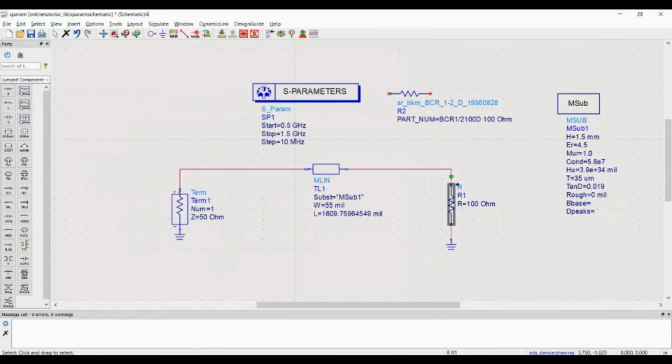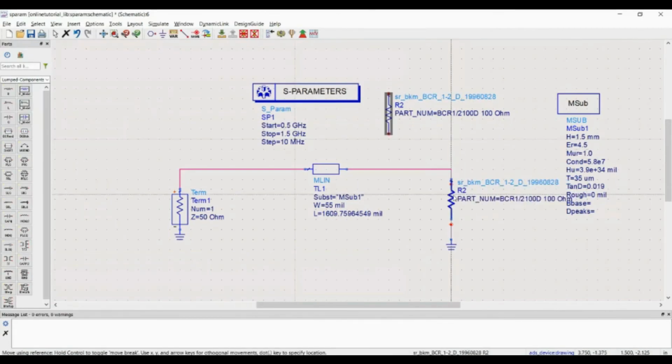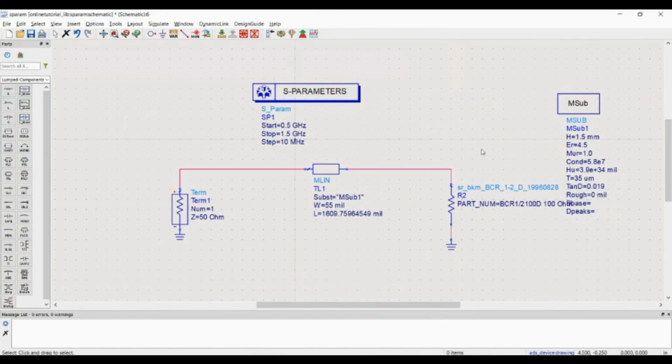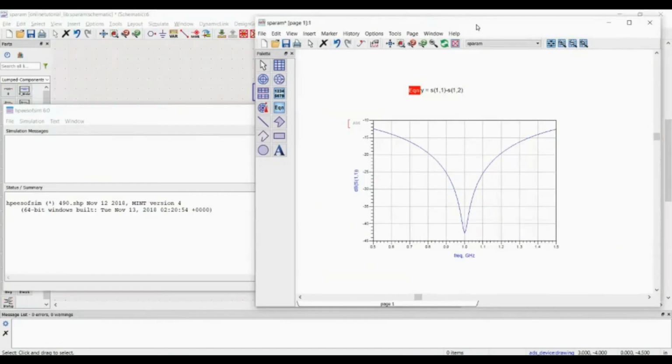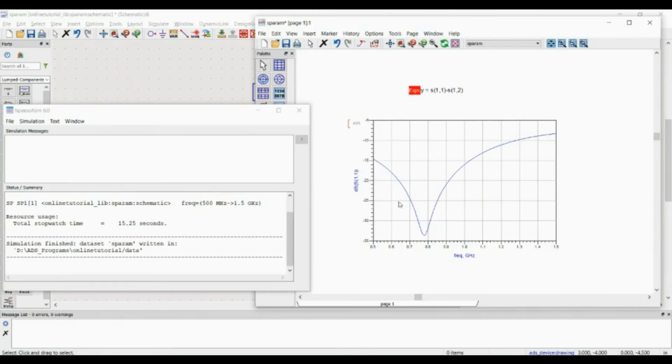Now I am deleting this resistor, using control R for orientation, and now I'm changing nothing, just replacing this ideal resistor with the vendor's resistor, the physical resistor which I am going to use on my circuit. I am simulating it, and for comparison I just show the previous result here. So after simulation we would notice a change here. Yeah, so simulation is over, and you see the drastic change because of that individual physical resistor, which has now included its behavior in your circuit.